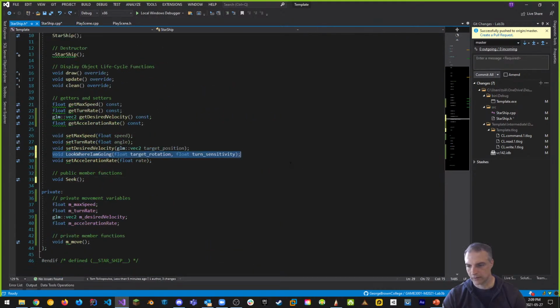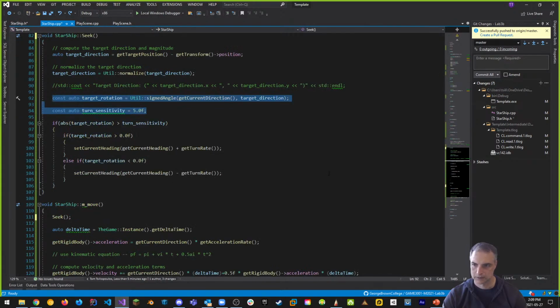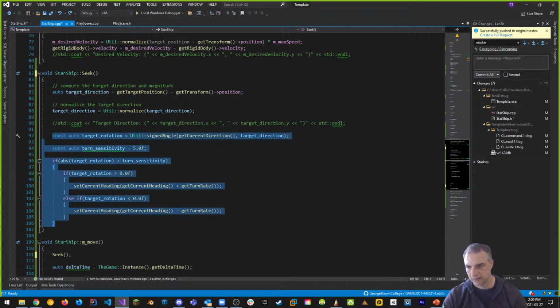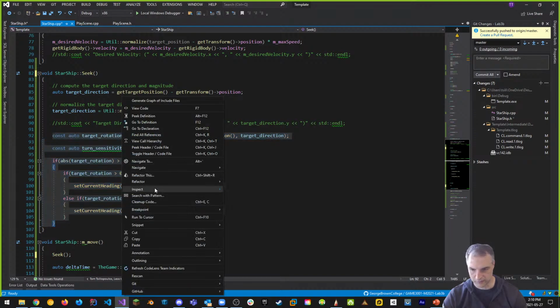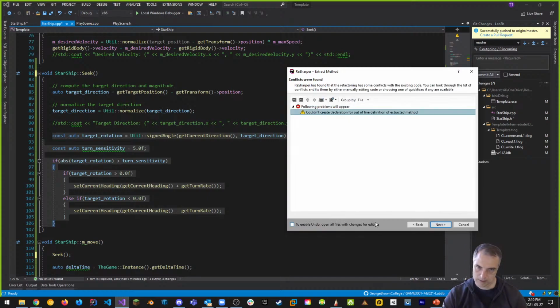So look where I'm going. That's nice, everything's great, but not really going to work exactly how I want. So what I want to do instead is grab all of this and use this to change as look where I'm going. Let's try that again. So again, refactor, extract method. We'll call this look where I am going. And when I do that and click next,